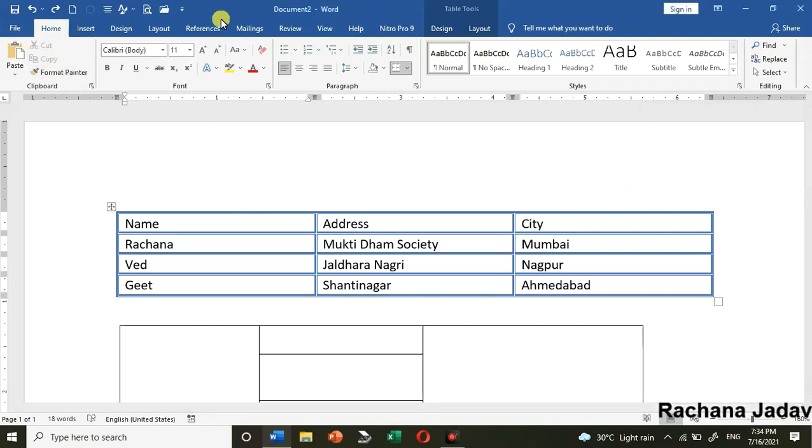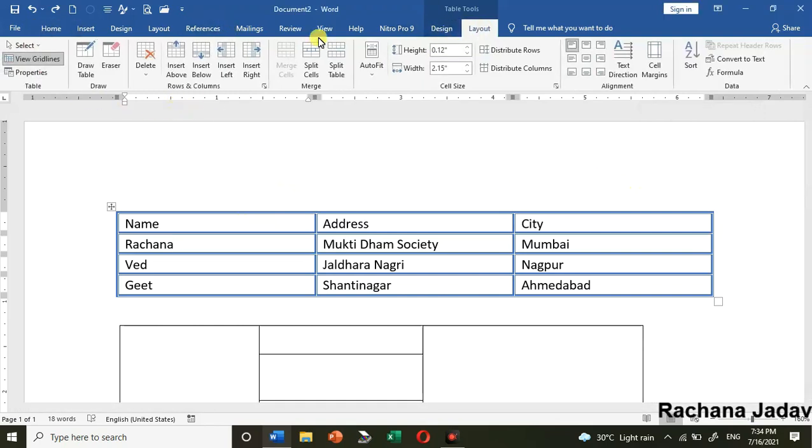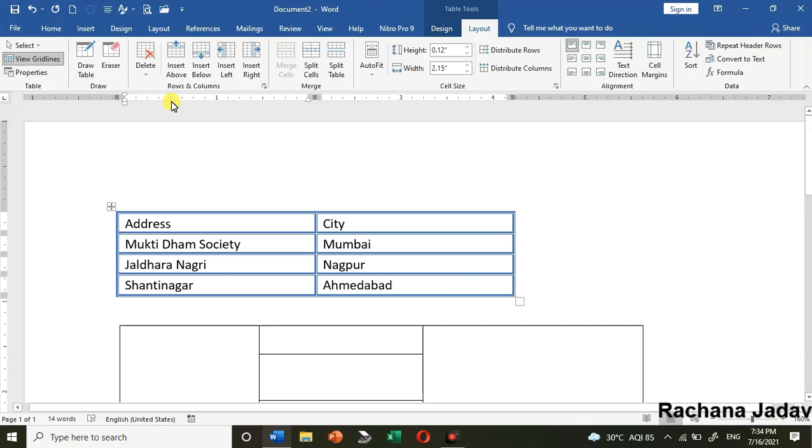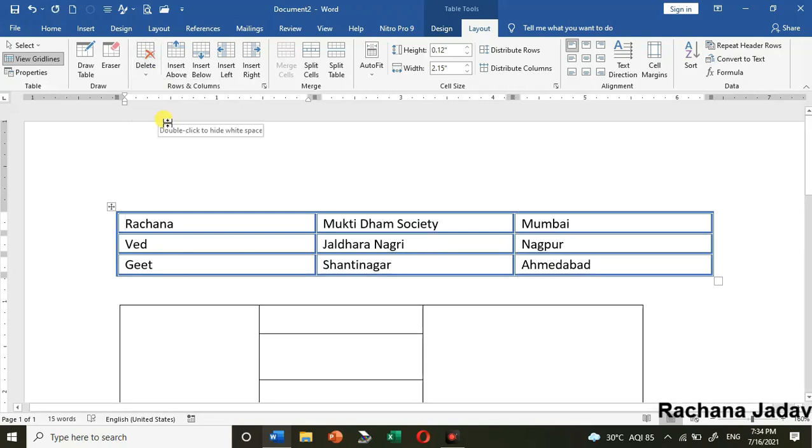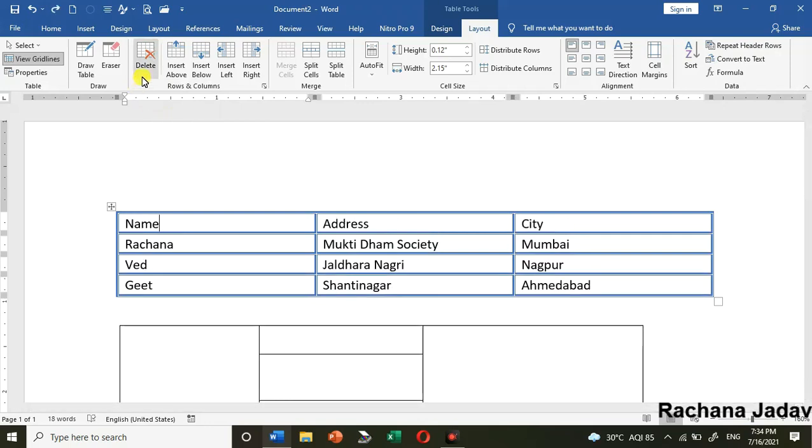Okay, now the next one is to delete. Okay, तो delete करना है. So what will be the options? Here again what we can do, you can select the column or you can just keep the cursor over there. You have the delete, in that delete the column, so it will be deleted. Okay, now delete the row. So I have kept the cursor at the heading, so that is deleted. Okay, the row is deleted.